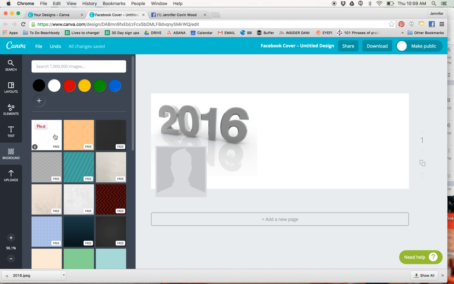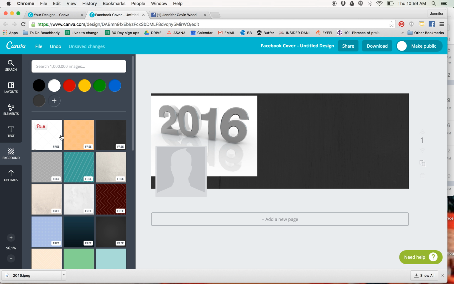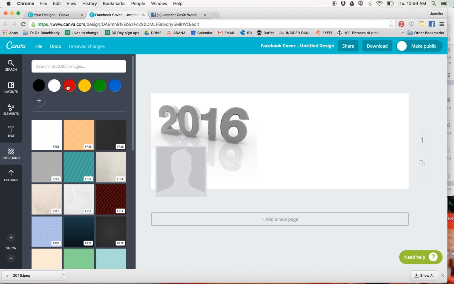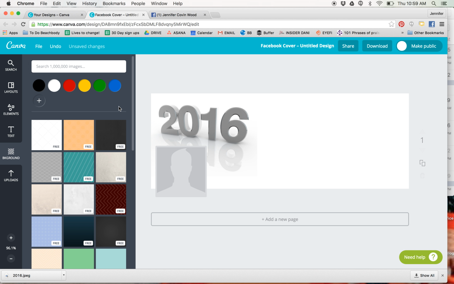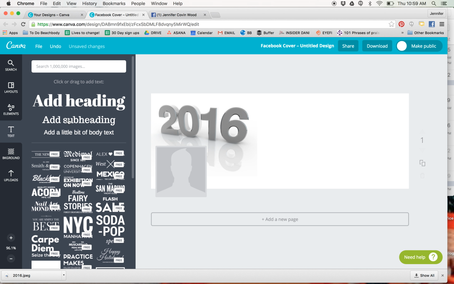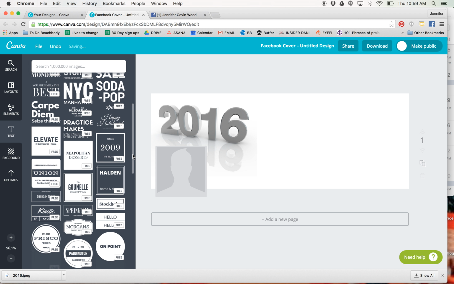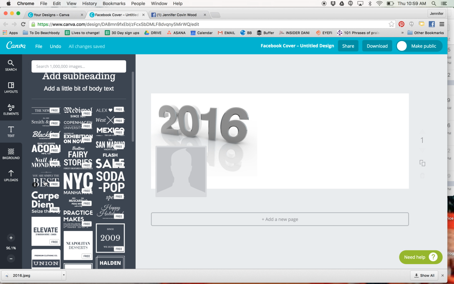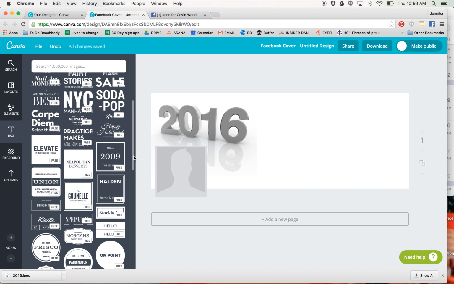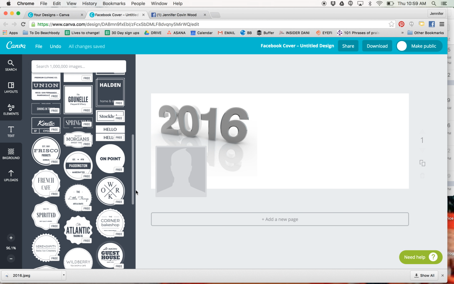Background: if you want to change the background color, all of these are free. You can pay, but I don't recommend it. You can just do a background, or you can leave it white. You can use a color. I'll probably just leave it white so it kind of blends in. Text. These are really cool. I like this because they're kind of already set up for you. You can just click them and then change the font. Or if you want to add your own,